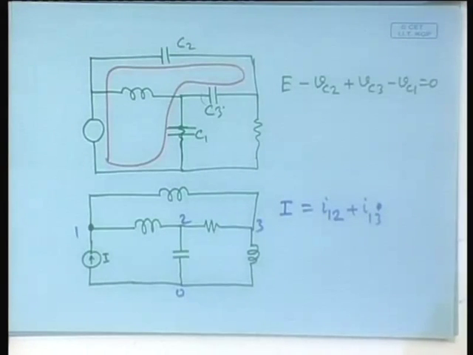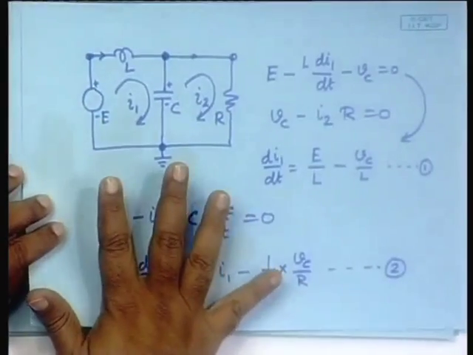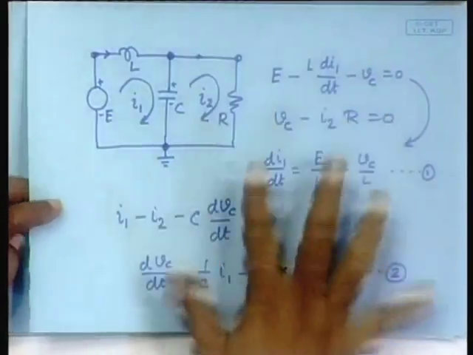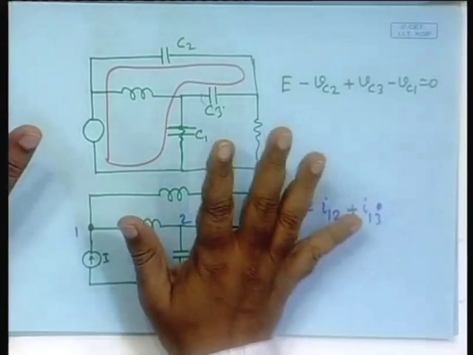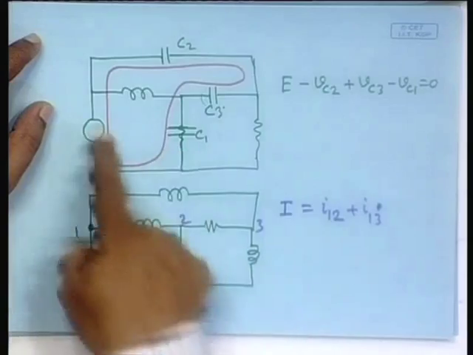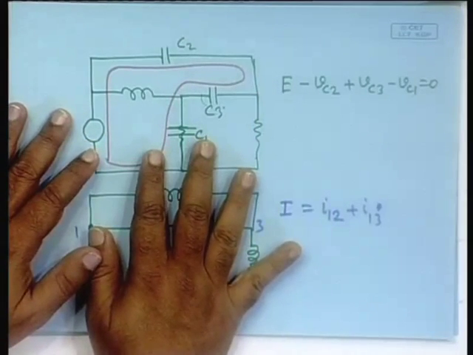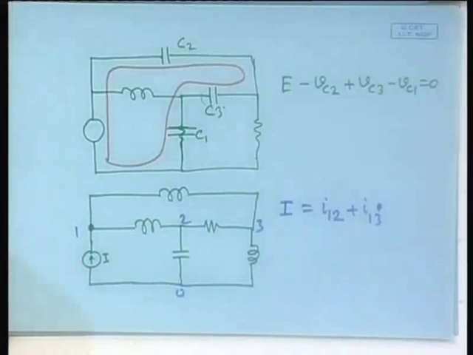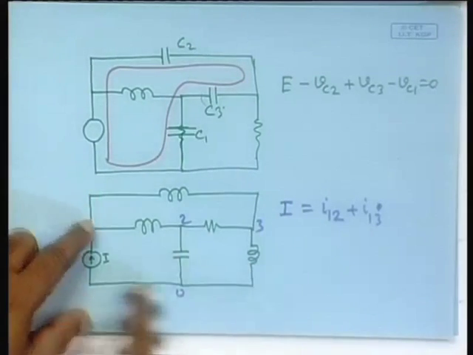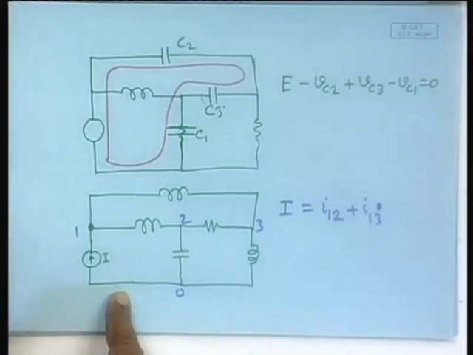So, I have identified a few main problems with applying the Kirchhoff's laws in a raw way. In a raw way, what? We have simply taken the mesh current and the node voltage and proceeded to write down the differential equations. We have been able to write, but that will be true for relatively simple circuits. Even for a 3 mesh circuit, it was becoming a bit tiresome, right? So, it is not good. And secondly, if we have this kind of arrangements of the circuit, then the basic assumption fails. So, we need to have some kind of a systematic way of doing this.